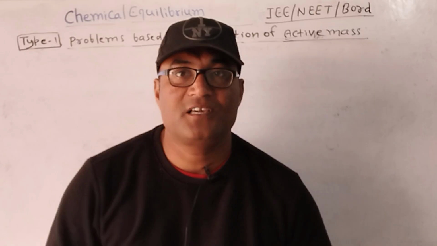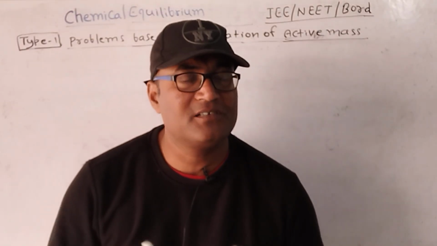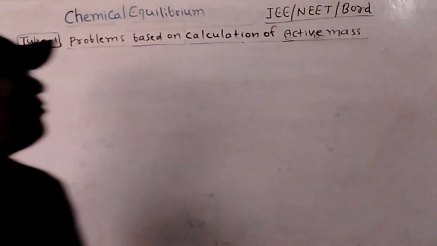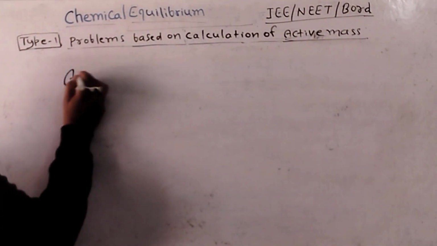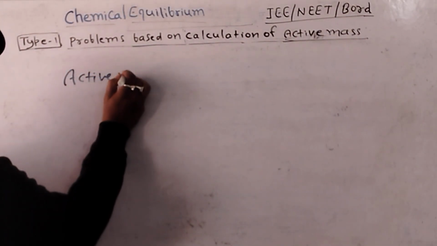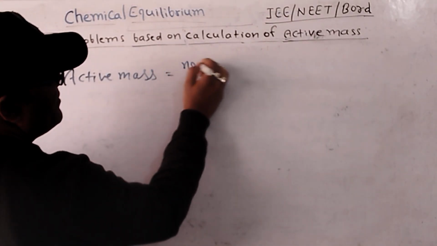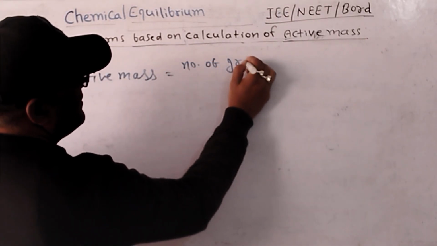Today I am going to teach the chemical equilibrium chapter, and in this video I will discuss calculation of active mass. So what is the formula of active mass? The formula of active mass, we can write, is number of gram